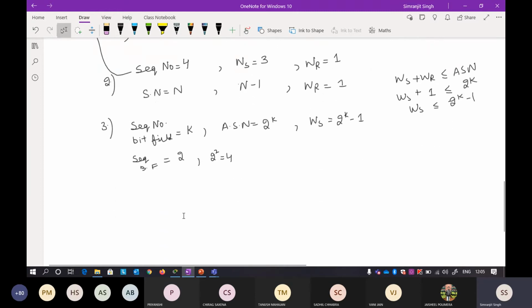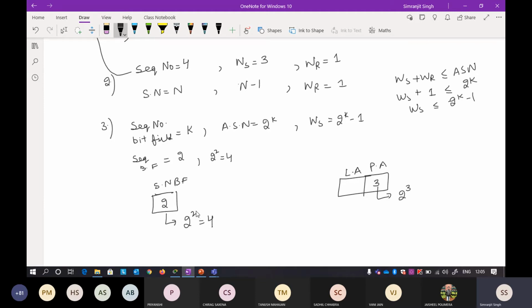If you have studied operating systems and done paging, there is also something called a logical unit and a physical unit. Whatever bit count is given, suppose it is 3, the physical address size will be 2 raised to power 3. In a similar way, the same applies to the sequence number bit field. It is the same as paging in operating systems; if you haven't done it, you will get to it. In the sequence number bit field, whatever bits are given, say 2, the total number of sequence numbers that can be represented is 2 raised to power 2, that is 4. So what is the meaning of it?